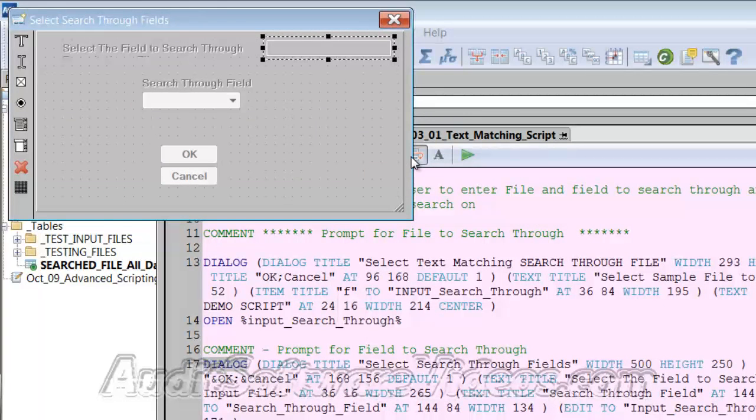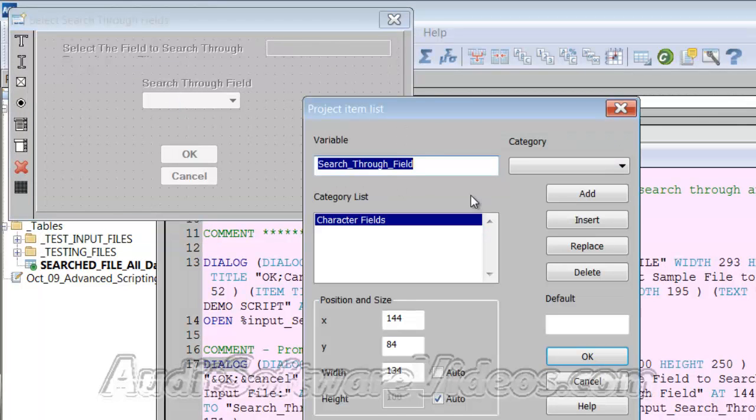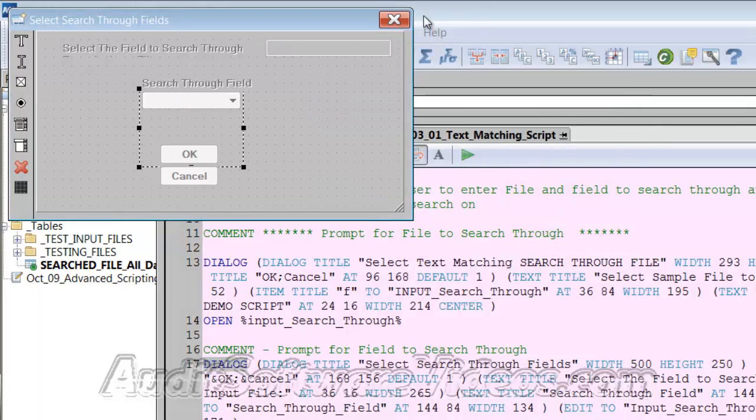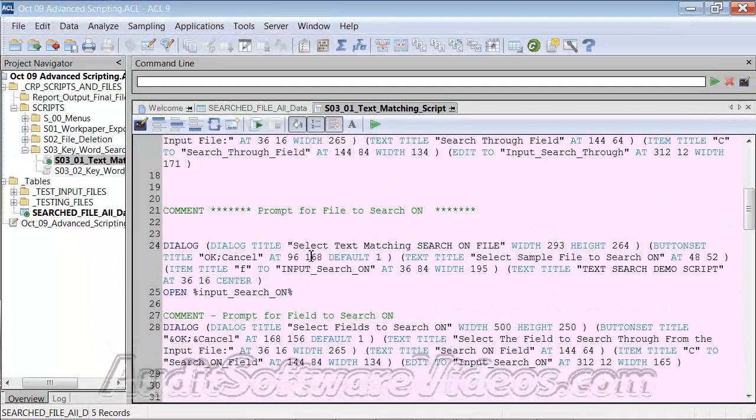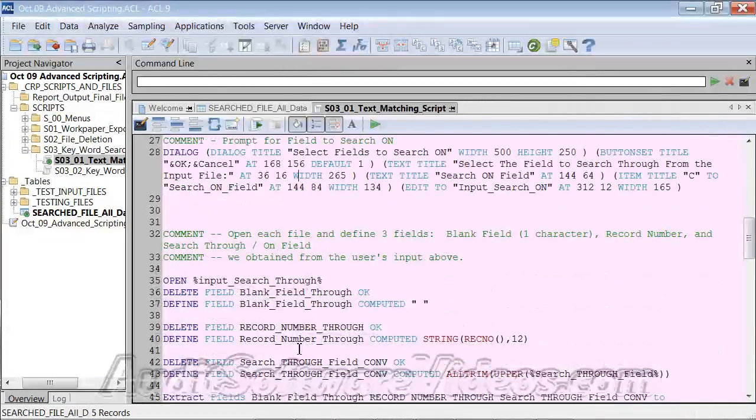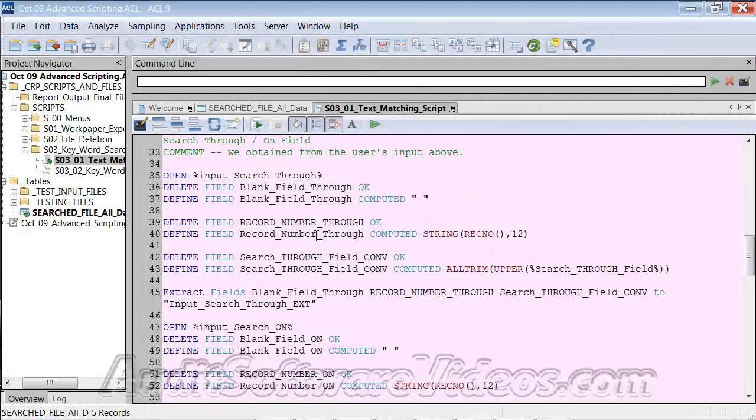Now, you could change it there, but for the most part, it's just going to come up as a box that you can change. And that was this edit box here. It's then going to search through field, and that's the search through field here. And it continues onward where this was the search through, this is the search on type work. Now, what it's going to do is create a blank field in both tables. So it's going to create this blank field through, it's going to create a record number, and then it's going to